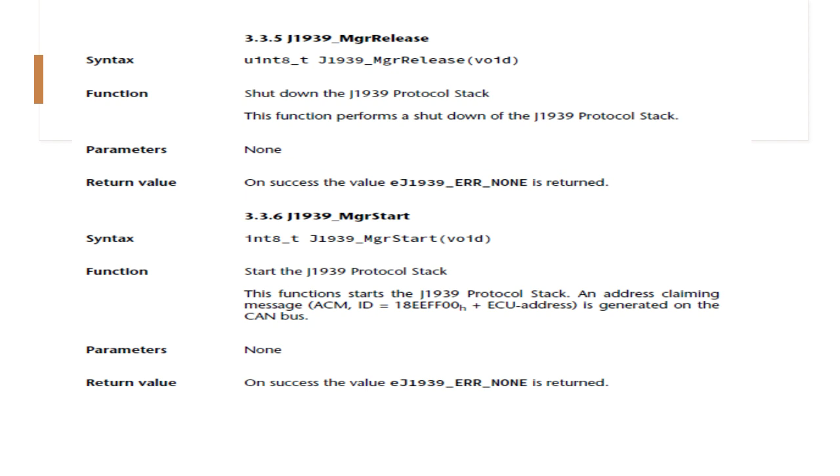Hope you got the functions and how to initialize a manager, or how to initialize the J1939 protocol stack. In the next video we will be discussing PGN, that is parameter group number, and another video will follow with transport protocol, and later on diagnostics, and later on we'll go with network management, and finally timing.